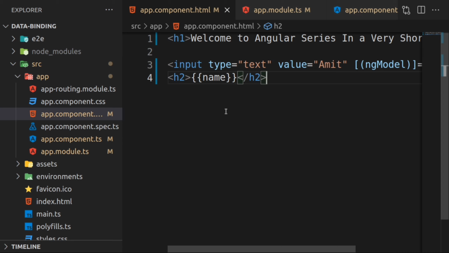Later in this series, when we learn about forms, we can discuss more details about two-way data